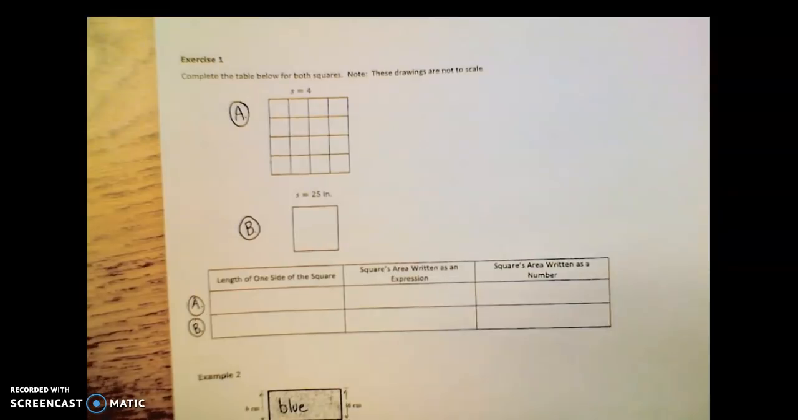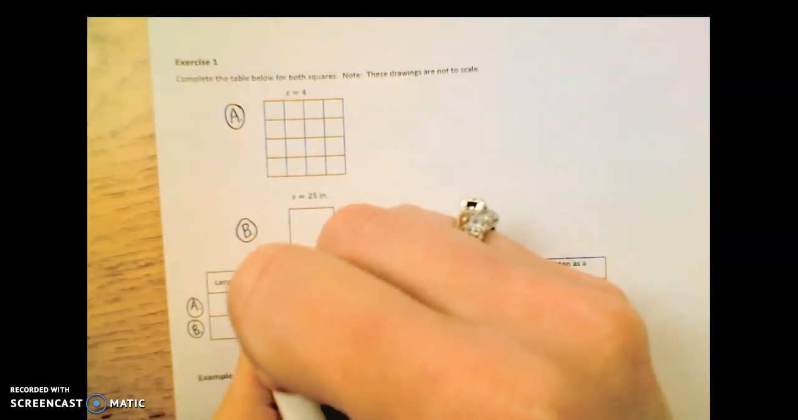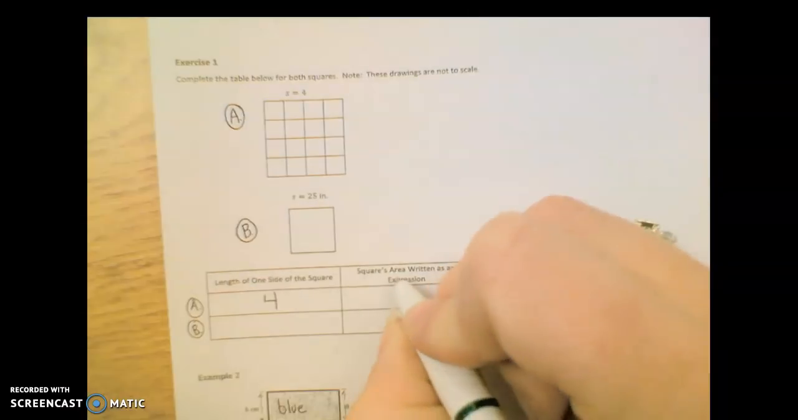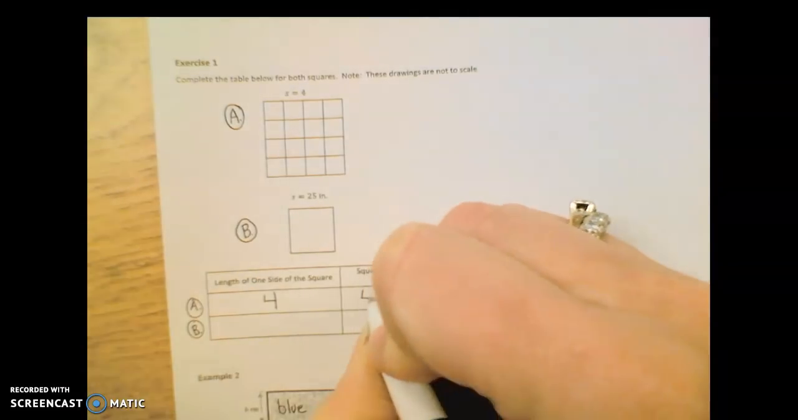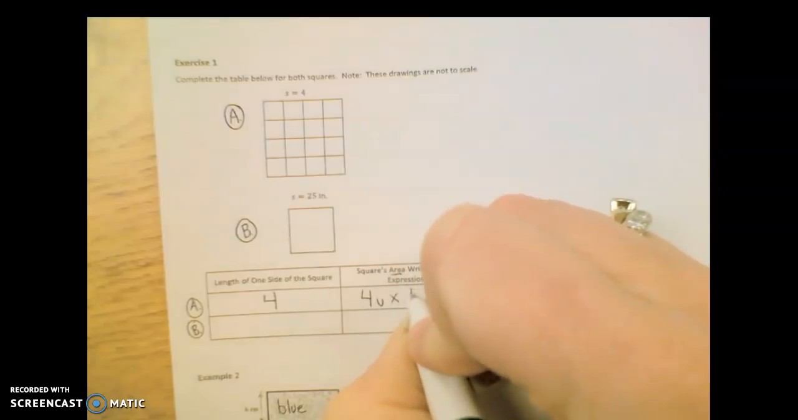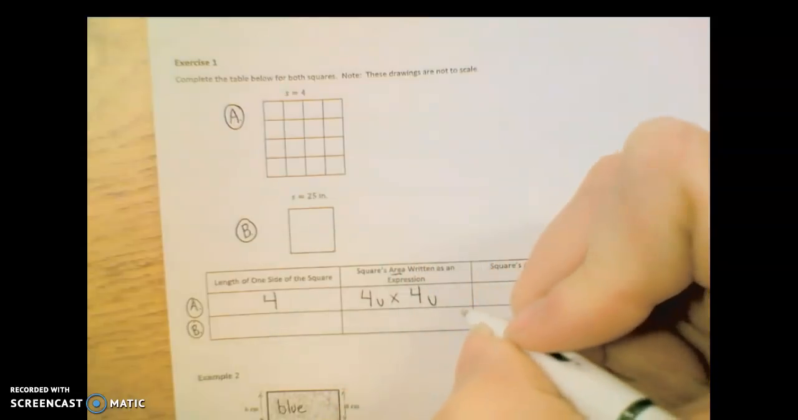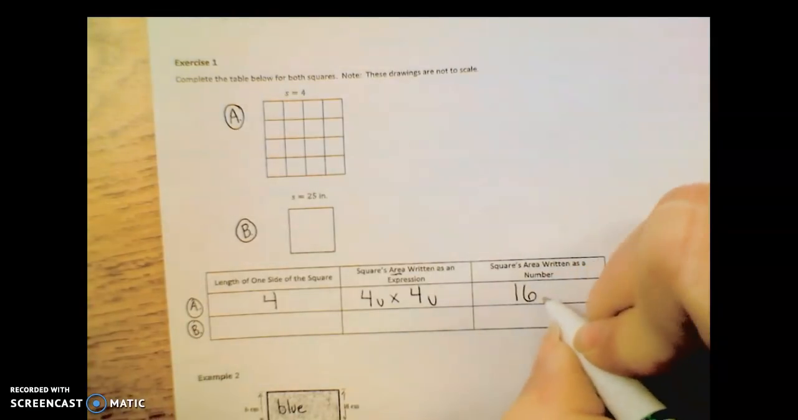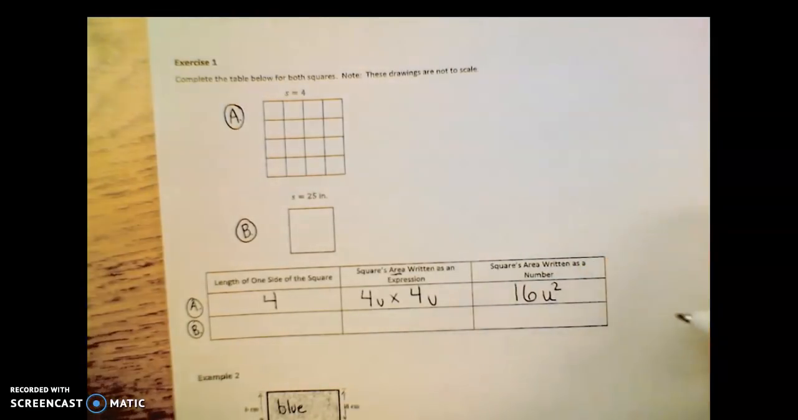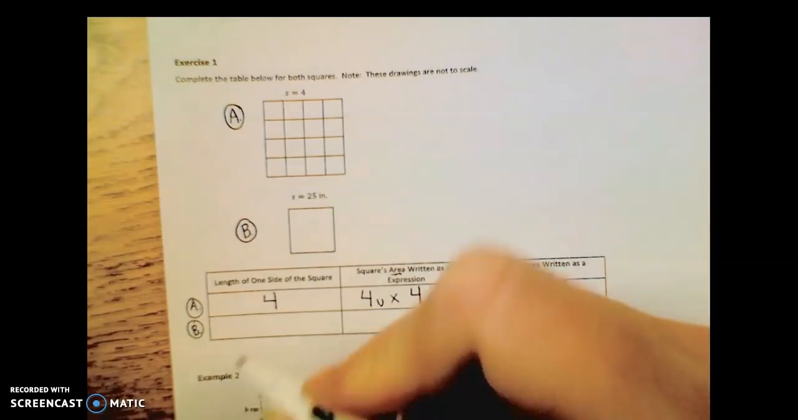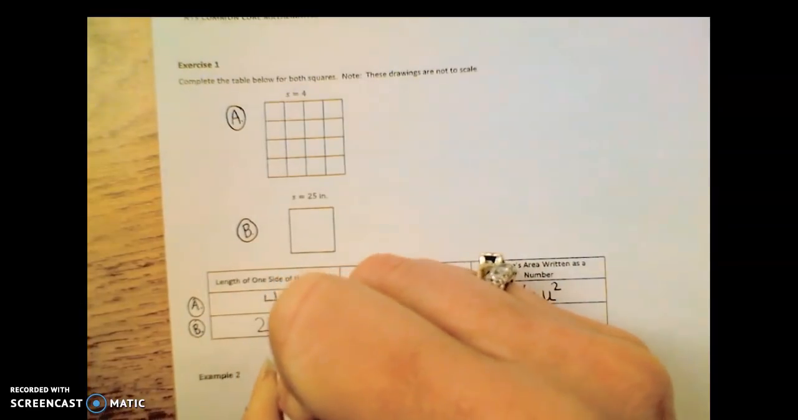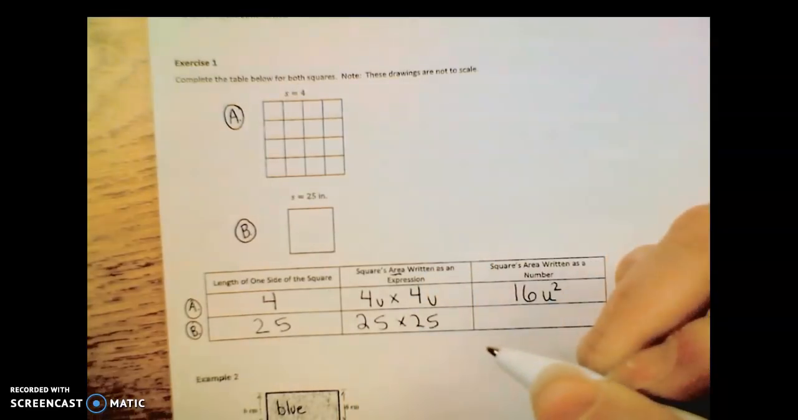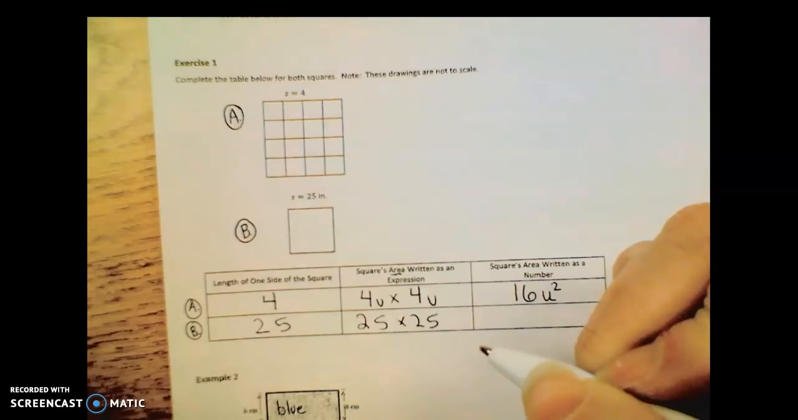If you're back with me, it means you have these filled in. So you know that the side length of square A is 4. The area written as an expression would be 4 units times 4 units. And then the area written as a number would simply be 16 units squared. For B, the side length is 25, so that expression would be 25 times 25, and that area would be